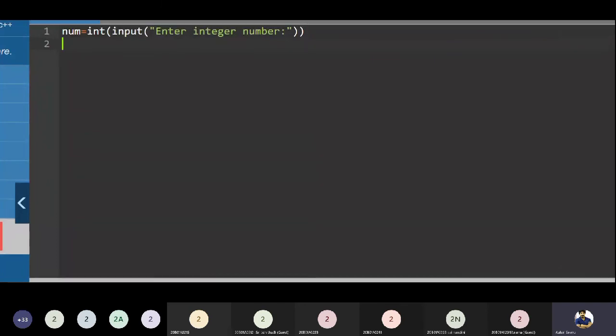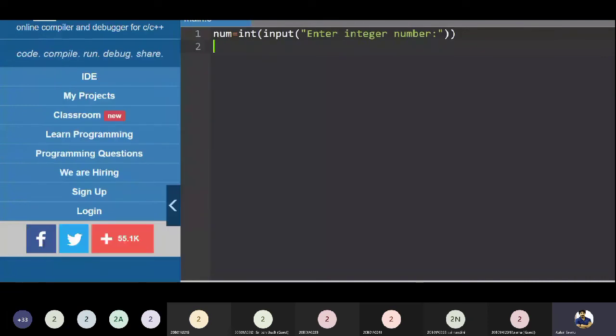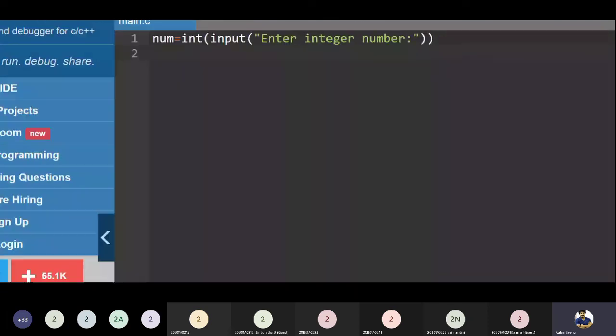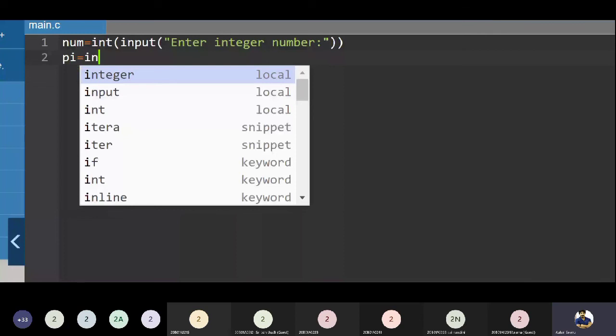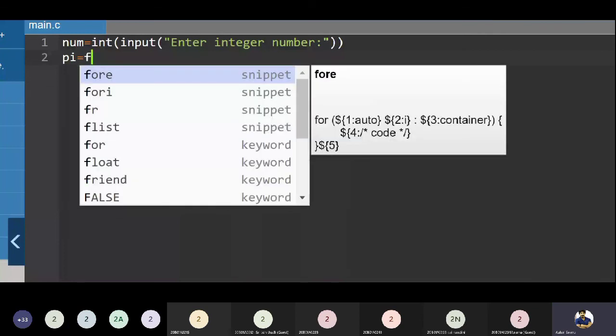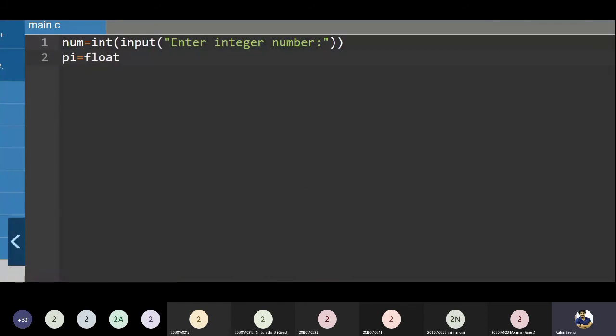So here we said enter the number, and this is where I have read the number. Now I'll be reading the floating point number, so maybe I'm saying pi is equal to. Now the typecasting should be done. This is explicit typecasting, where the programmer is responsible to convert. So here I said float, and then followed by